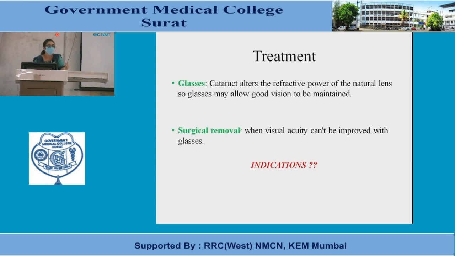Again, there are certain other secondary conditions. Say you want to do some retinal procedures, but because of the cataract you are not able to get a clear view of the fundus. Say you want to treat diabetic retinopathy or a retinal pathology like lattice degeneration or retinal pigmentation, something significant enough to cause a retinal detachment, and you want to laser that eye but you are not getting a clear view. In this case also you have to go for cataract removal.